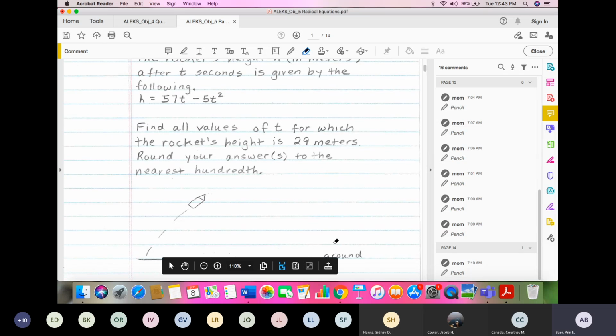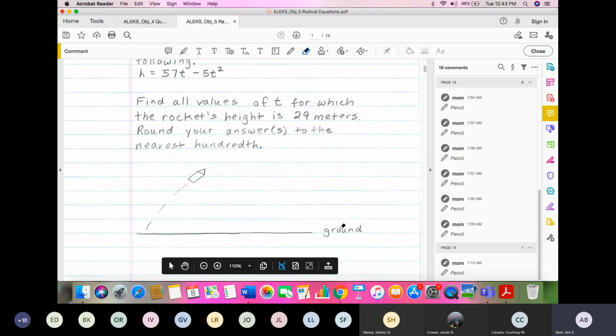Now this rocket is getting shot up from on the ground. So it's starting on the ground, it's going up. Quadratics have parabolic shaped curves. Okay, so it's going up, it's reaching its turning point, comes back down. In some sense, if you know what a parabola is, you're having an upside down parabola here. It's got a parabolic path that it's going through. So it goes up, reaches its height, and comes back down.